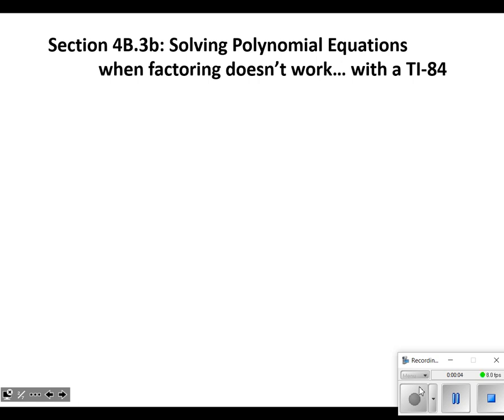We've got our 4b chapter, and this is section 3b. We're solving polynomial equations, and we saw in the first part of 4b.3 that way back when, in the days of yore, that was quite an exhaustive process. We had big-time math thinkers like Descartes coming up with ways of solving polynomials and figuring out what could be potential rational zeros. And then Descartes' rule of signs, what are our possibilities as far as positive versus negative real zeros.